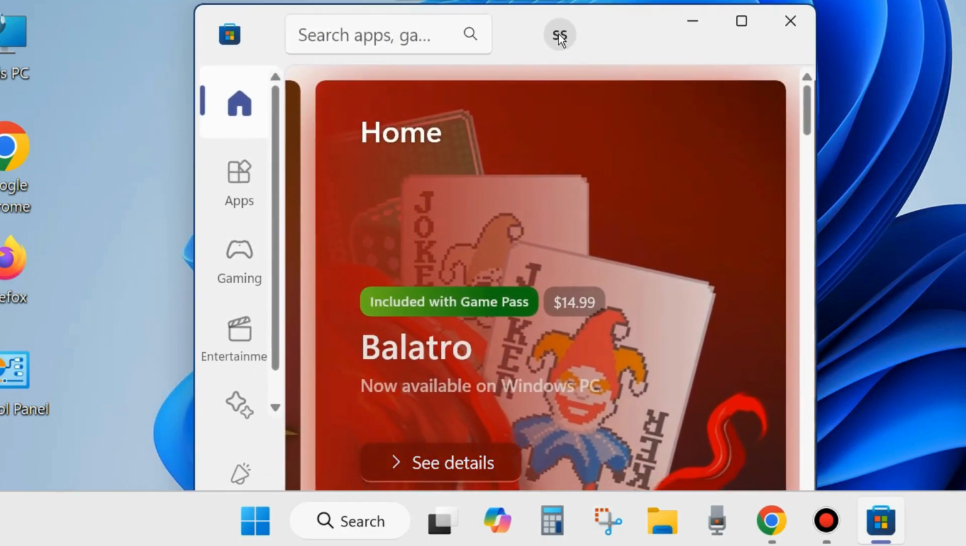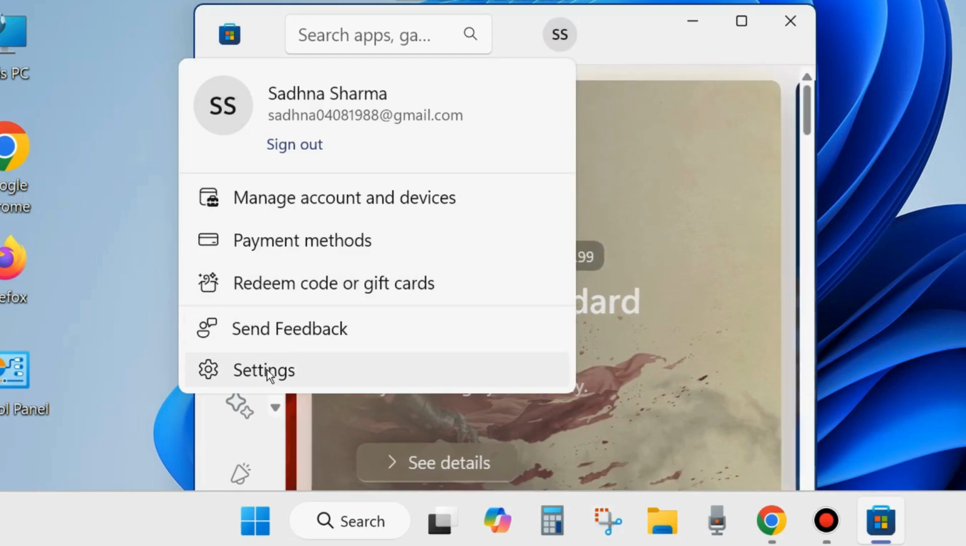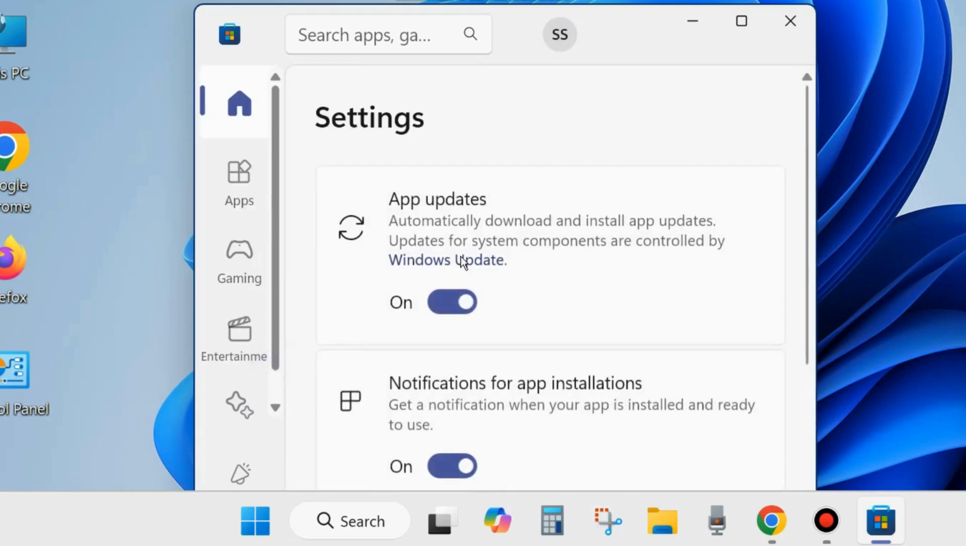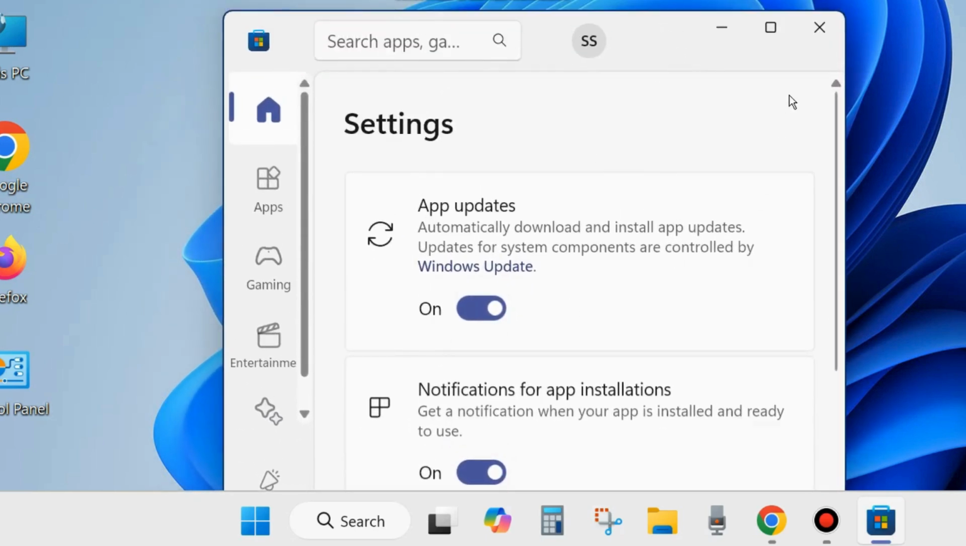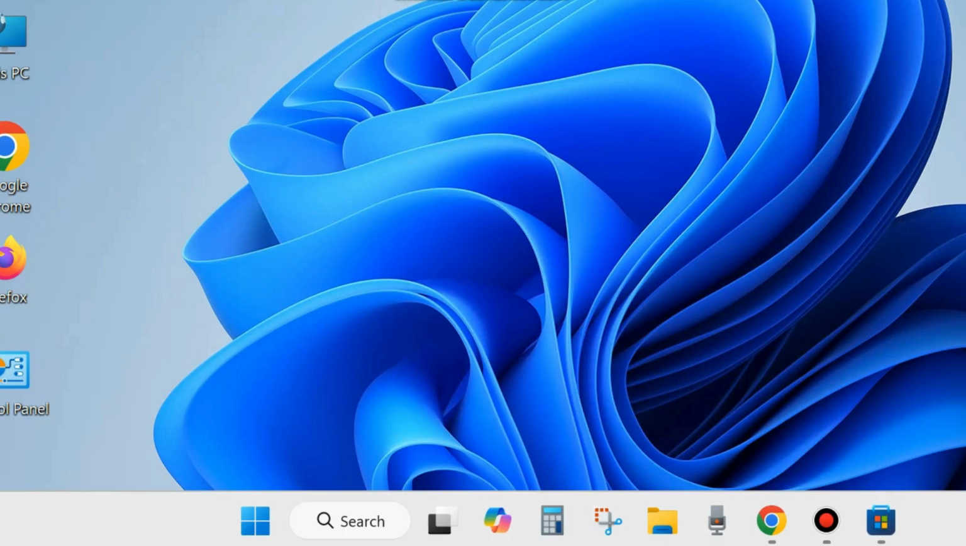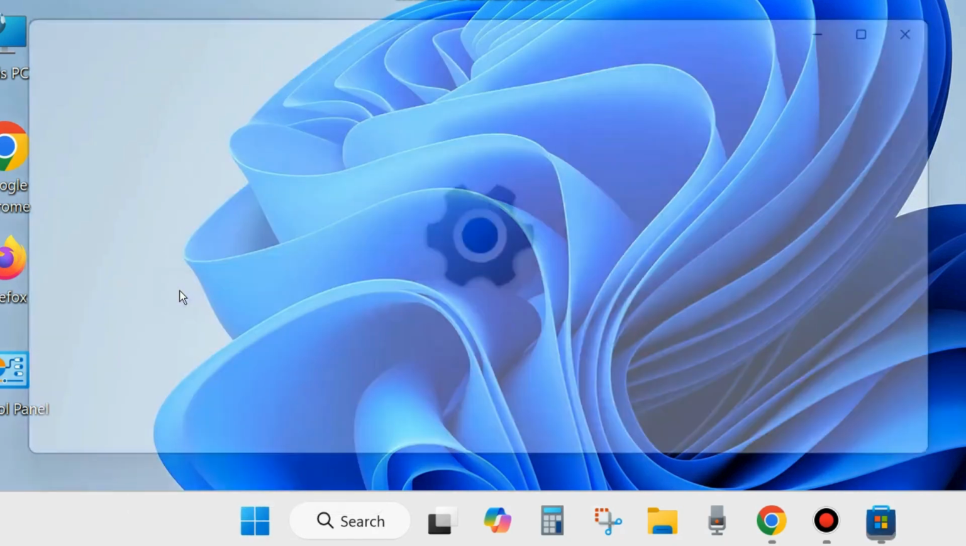Here from the top menu bar, click on your profile icon and here choose settings. And here you will find app updates. Automatically download and install app updates. Updates for system components are controlled by Windows Update. Turn on this feature. After that,